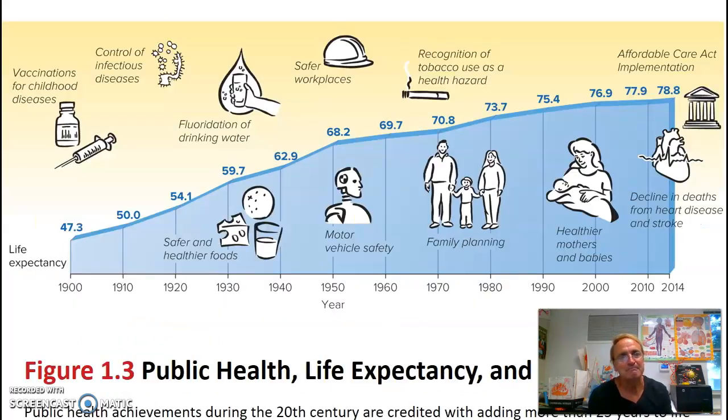important that is. And here's a good graphic that shows you over hundreds of years how our life expectancy has improved with the development of vaccines. Hopefully we'll get a new one soon. Control of infectious diseases, putting fluoride in our water, knowing that tobacco is harmful and hazardous. Getting everybody insured changes our health issues, so we've got to keep that in mind.